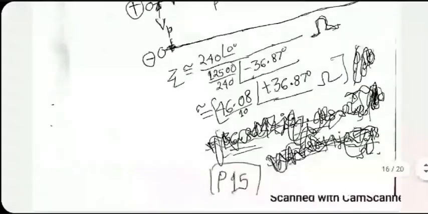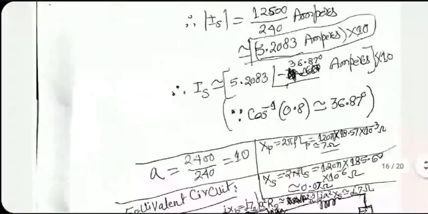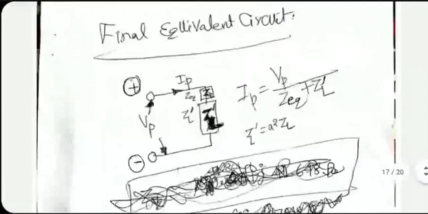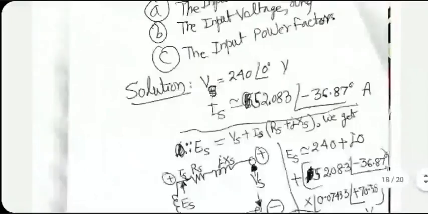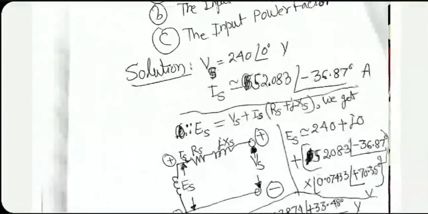Let me see. Did I make a mistake in the past? One minute. Sorry, yeah. Actually, IS was not 5.2083. It is actually multiplied by 10. If you see carefully at the end, it is 52.083 amperes. That is the secondary current magnitude. I had made a mistake, so I have multiplied the result by 10 at the end. So the secondary current calculated from the previous problem is 52 point something, and the angle is of course well known.